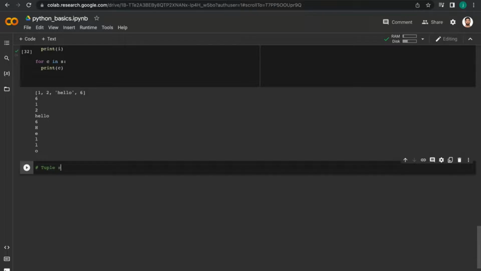So a tuple stores multiple items. Like a list, it is also a collection of items, but the difference is that the items of a tuple cannot be changed. What I mean to say, for example,